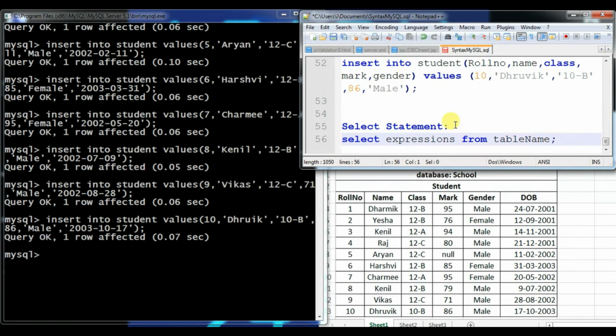Now as per the syntax, we have to go with select, then after that a particular expression. These expressions can be a single field or multiple fields, or you can use the asterisk sign, or I can say a star. Then after that, from, and then the name of the table from which you want to